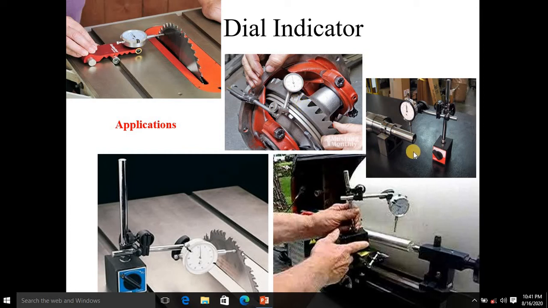Measurement of gear, look at this, measurement of roundness. For measurement of roundness, you can just rotate this particular shaft by placing this dial indicator on it. Initially, by pressing upward near about 20 microns, then set to 0 to accommodate the negative reading. After rotating the shaft, it will check the roundness. If there is some variation, it shows on the dial indicator. Look at this over here.